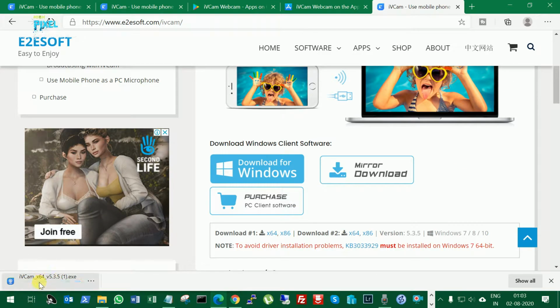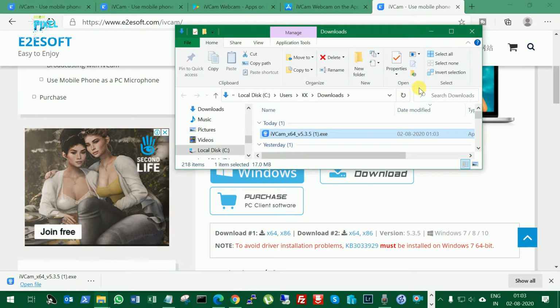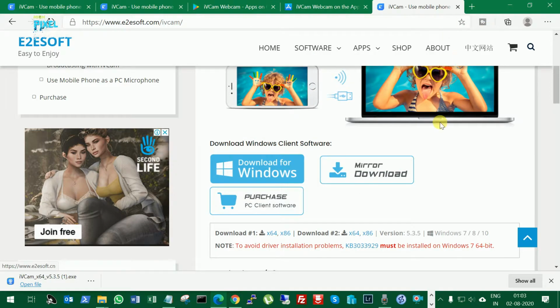After download, just install the software. I have already installed it, so I'm not going to install it again. You will find this software in the download folder. It's only a 17 MB software. After installing,